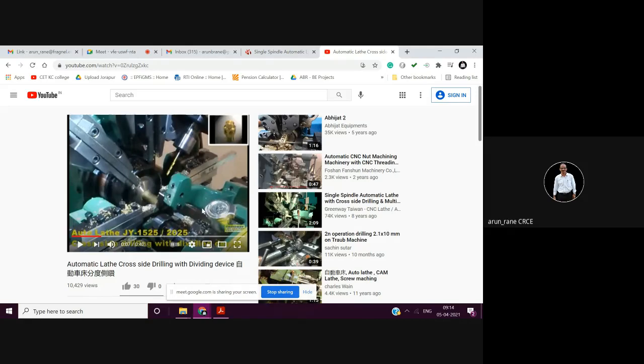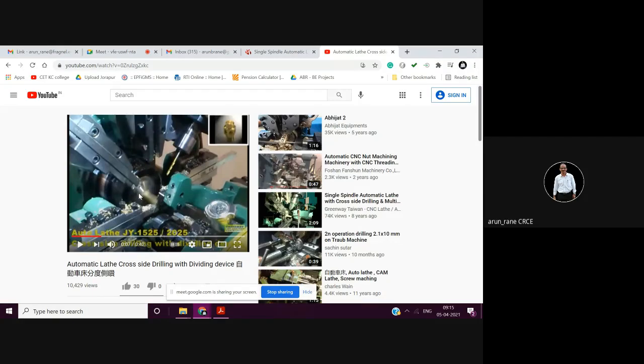Then you can see something like this. So this is what is called as the bar stop. Bar stop means now how much this component has to be taken out from the collet. So how to do this? You have to manually pull, take a scale and measure, and then clamp the collet. But then that takes time because normally single spindle automats are automatic. That's why the name automat. So even loading, unloading, all has to be done automatically. So bar pulling is always automatic.